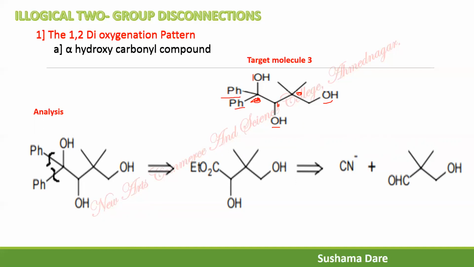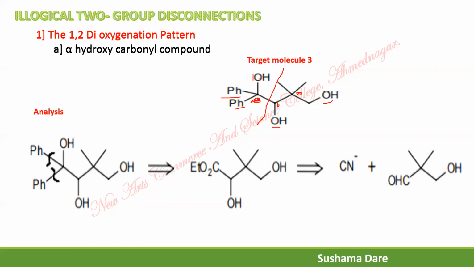So we are going to focus on half part of this target molecule. What is this? This is a simple alcohol, and the alcohol functional group is attached to the branch point. Whenever it is attached to the branch point, you have to ask the question: is it primary, secondary, or tertiary? Your answer is tertiary hydroxy. So you have to go with the retro-Grignard reaction.